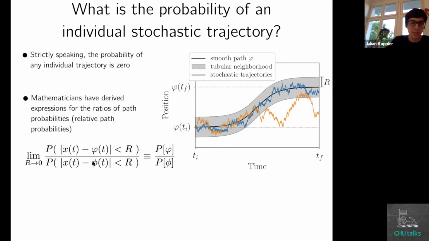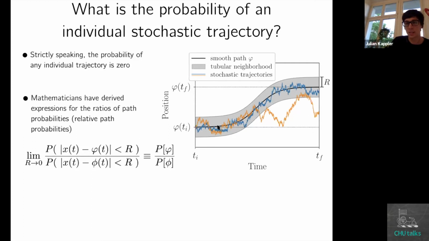You could also take another path, say this constant path. We could draw a similar tube around it and ask what is the probability to stay in a tube around this path. You could look at the ratio: the probability to stay in this tube divided by the probability to stay in that tube, and then take the limit of the radius to 0. You can think of this as the ratio of the path probability for this path and that path. And individually, these things go to 0, because if you shrink the radius to 0,